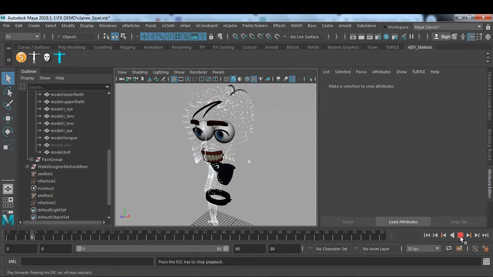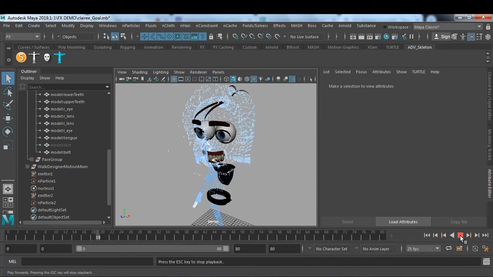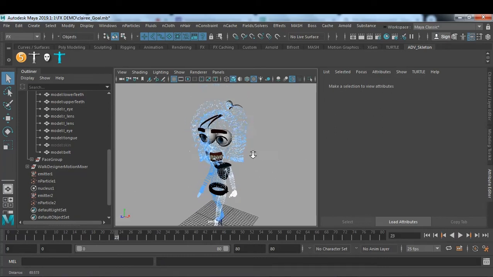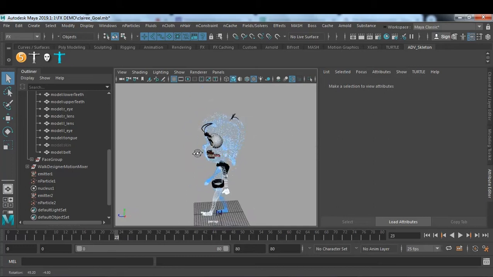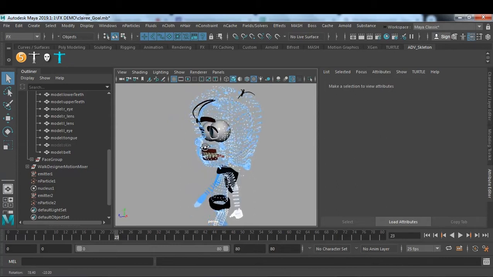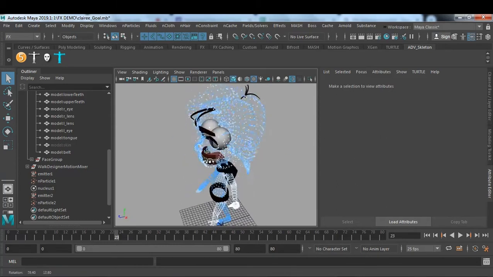over here, so we can see the hair system is also covered, okay, the nDynamics particle system, but the system is getting a little slow because the particle system is too heavy. So make sure when you're using this on a character, your system has to be really good. Otherwise, the system is going to crash, because right now we are using two different particle systems, right? And it's not looking good on the hair.